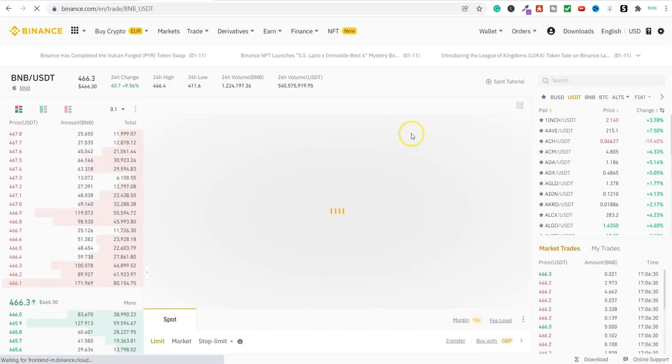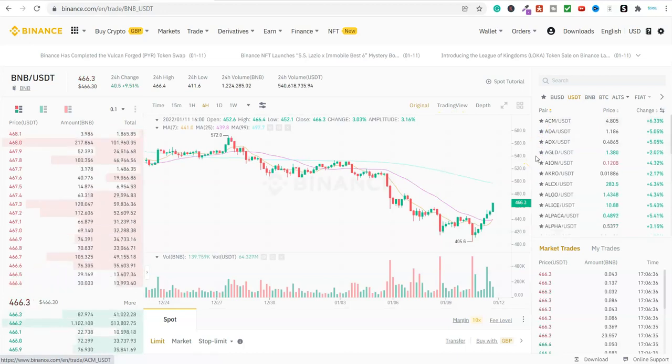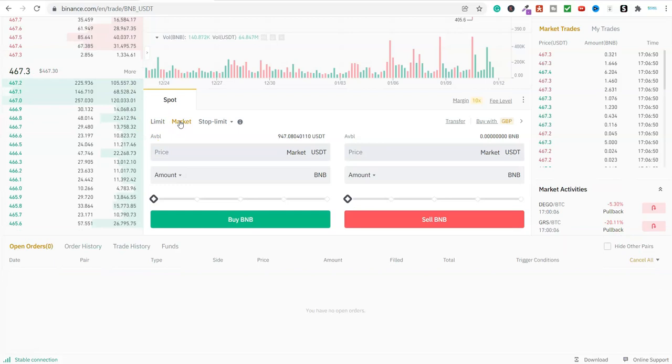The first time you look at this, it can be a little bit overwhelming, but honestly, it doesn't have to be. So you come in here and you scroll down, and you see down here we've got limit, market, stop limit. So basically, if you want to buy this Binance token at the current market price, you would click on market here, and then here, this is the token that we're going to use to buy this. So in this example, I'm using USDT. You'd select how much you want to buy, so how many Binance tokens you want to buy,